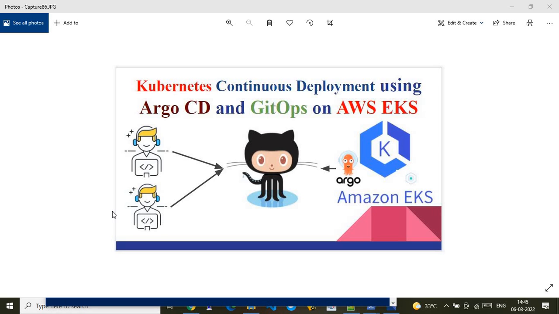Hi, in this video, I will show you how to configure Kubernetes Continuous Deployment using Argo CD and GitOps on AWS EKS. As you see in this picture, this is a pictorial overview of my demo where I will be creating an Amazon EKS cluster, which is called a Kubernetes cluster, on my AWS account. On top of that EKS cluster, I will be hosting a continuous deployment open source tool called Argo CD. And on top of that Argo CD, I will do a configuration which points to my application source code